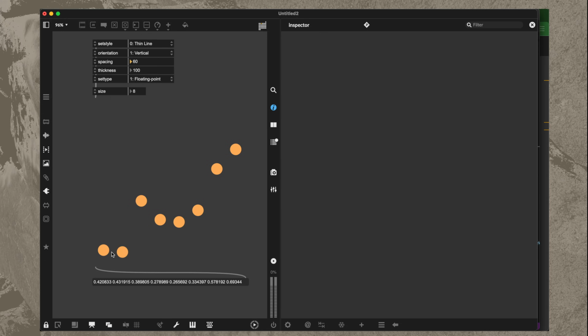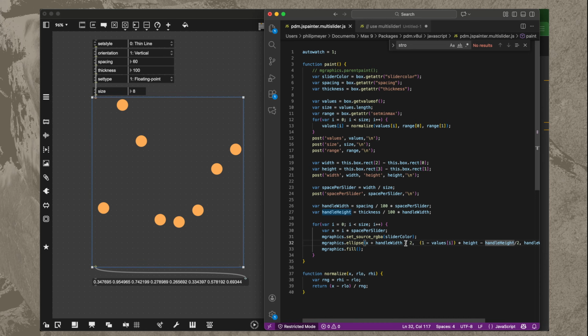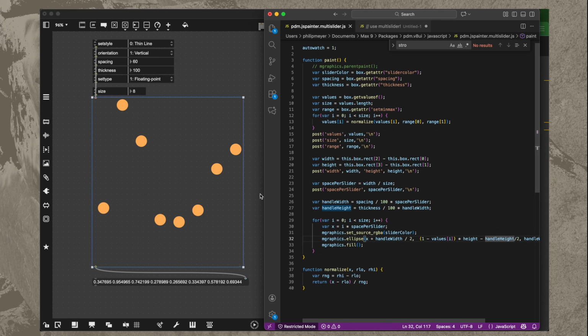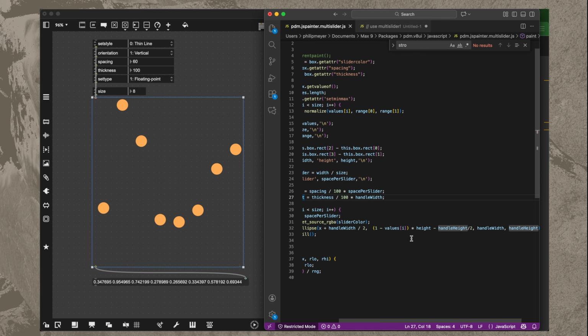And one other thing that occurred to me that I expected would be a problem is this, where we want the dot to sort of stop here rather than being able to go all the way to the end. So let's make that correction. So basically we need to subtract half of the thickness of the handle, or the height of the handle, from the range. So here,